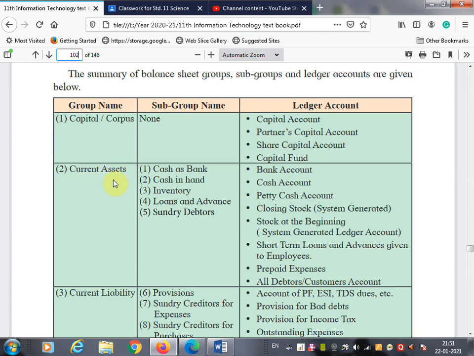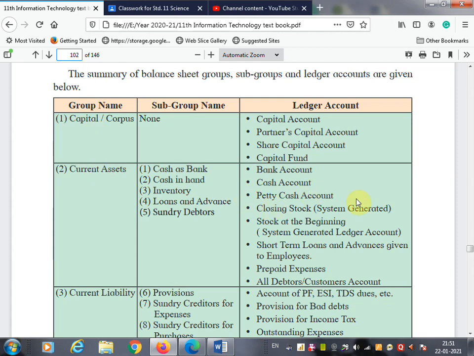Now the current asset group. When you open a ledger account like a bank account, it will go under current asset. Subgroup name is cash and bank. When you create a cash account ledger, that time the cash in hand subgroup will be used, but it will go under current asset.